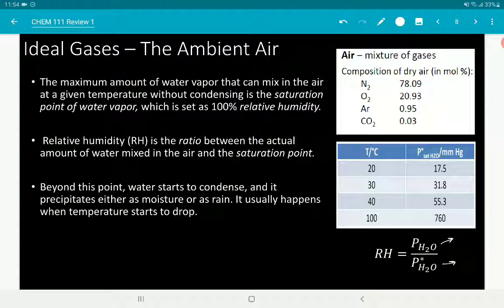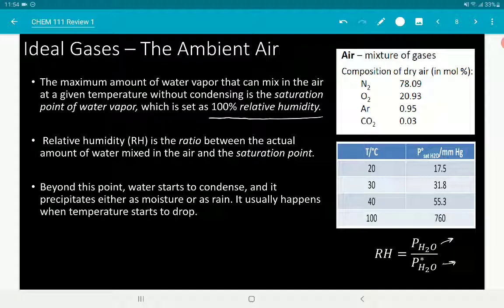So that is the maximum amount of water vapor that can be associated in the atmosphere or that can mix with the air components in the atmosphere at a given temperature. So, hindi ko naman sinasabi na since maximum siya, hindi na pwedeng madagdagan. Pero yun yung setting natin sa 100% relative humidity. So, kapag ganun na yung pressure ng water vapor dun sa system, that is our parang basis for the 100%